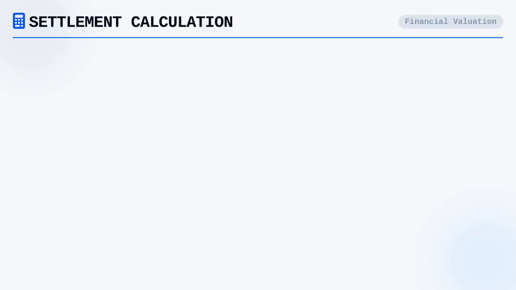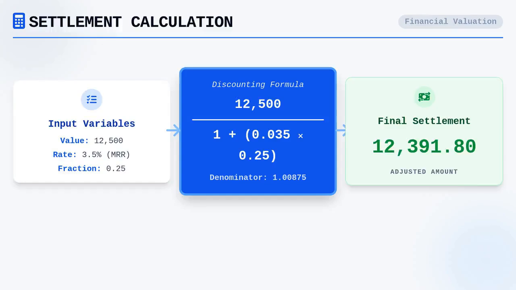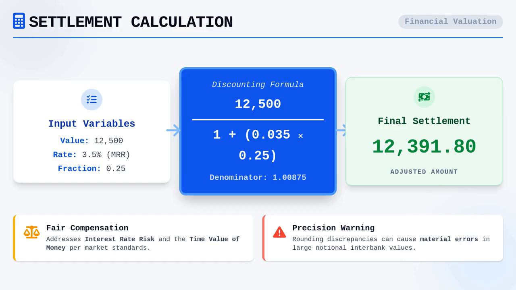To reach the final settlement amount, we must discount that 12,500 figure to account for the settlement timing. We divide this value by 1 plus the product of the market reference rate of 3.5% and the day count fraction of 0.25. The denominator becomes 1 plus 0.00875, resulting in a value of 1.00875. Dividing 12,500 by 1.00875 yields a settlement amount of approximately